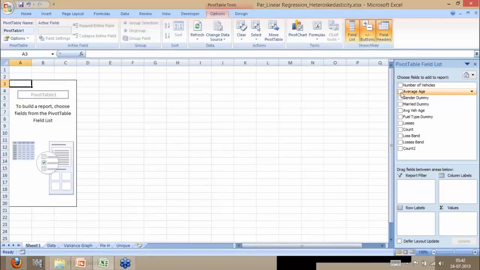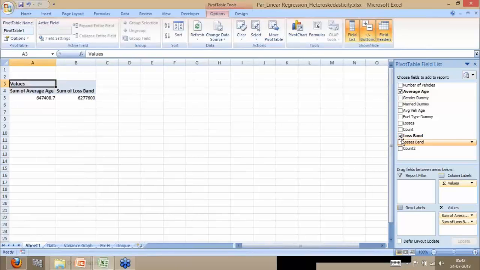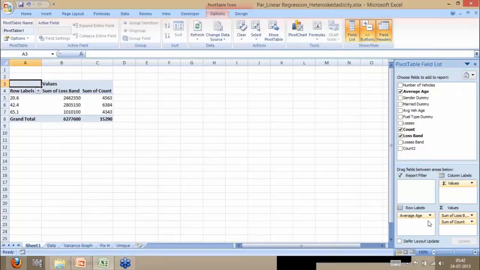Okay, I'll select average age. We want loss band, and we want count. Now it is giving us sum of average, but we don't want sum of averages, we want it as a label. So now it gives us the row label: what is the total sum of loss in the age group of 20.6,